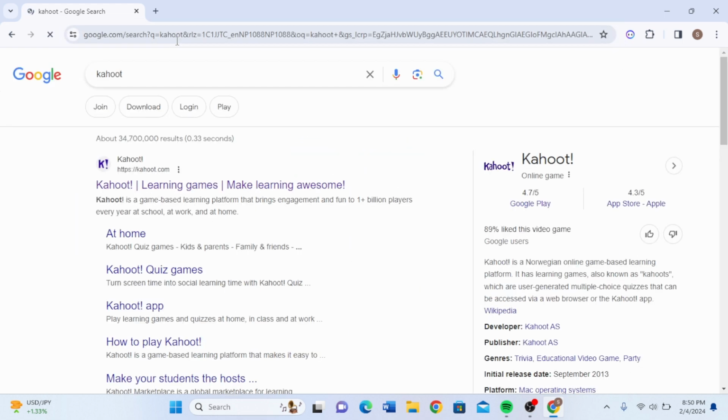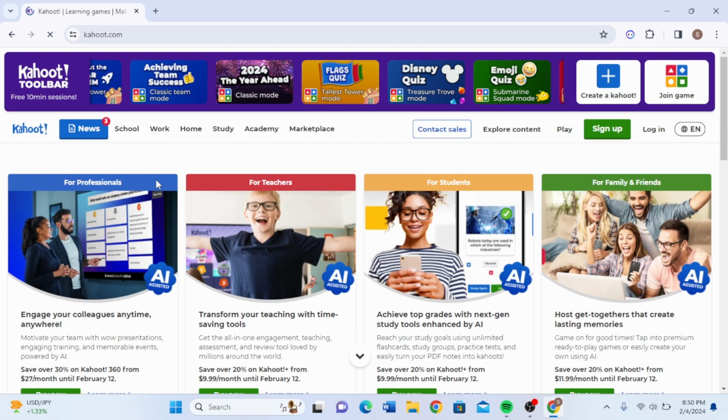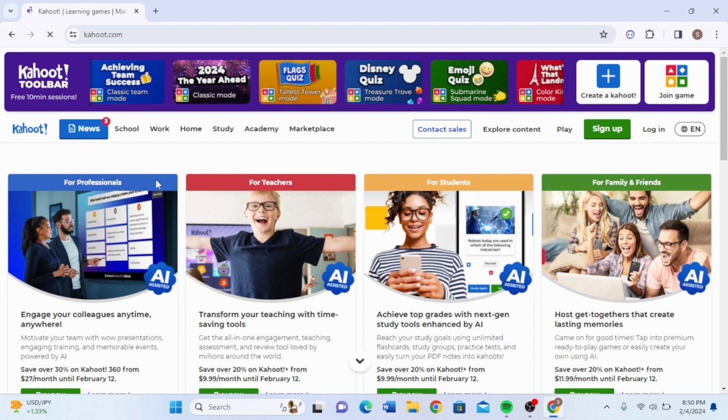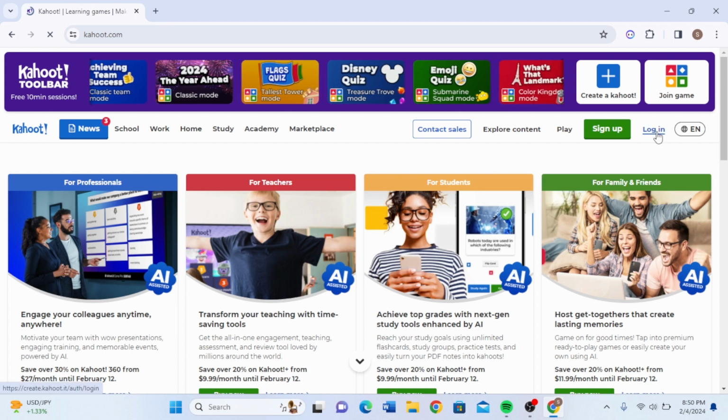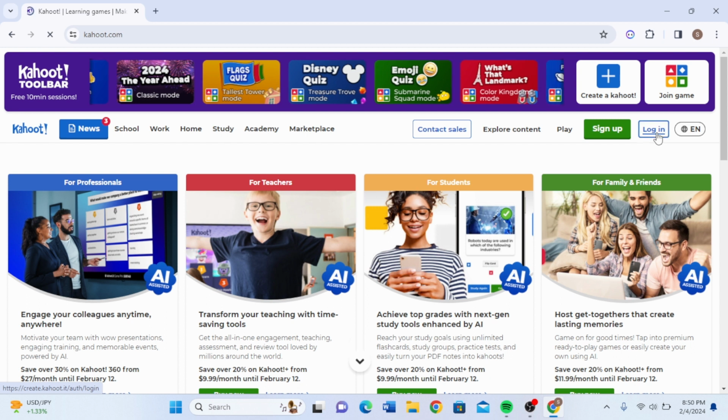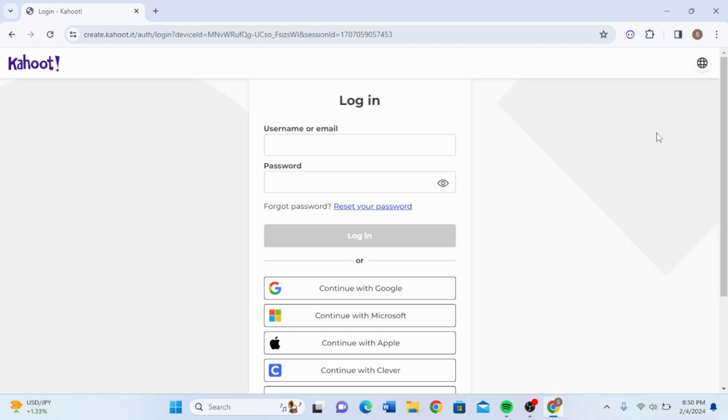And from the search results, we could see the first one, which is the Kahoot official website. Click on this option and you'll be successfully landing onto the Kahoot official homepage. And in the top right corner, just beside the sign up, here you can see the login option right over here. Click on that option and you'll see an interface like this where you are required with a username or